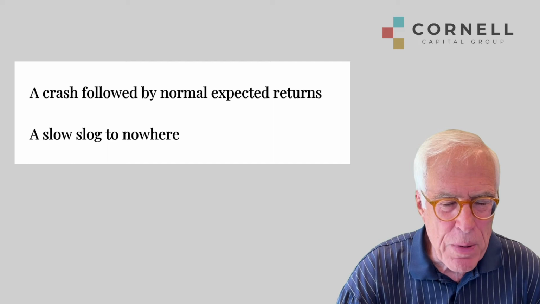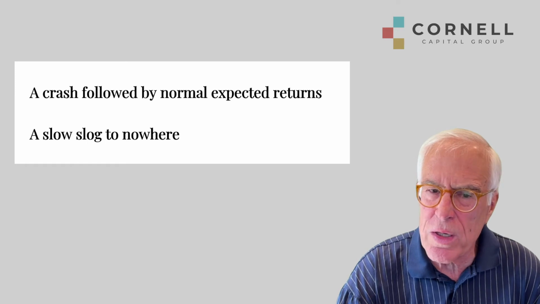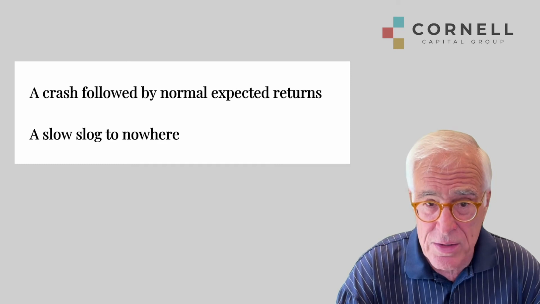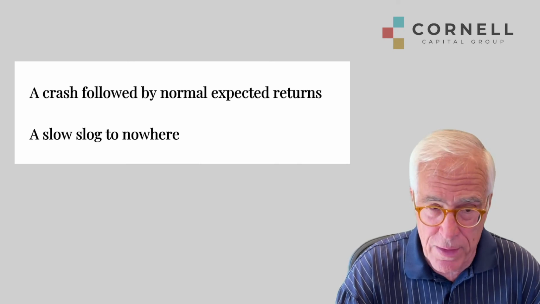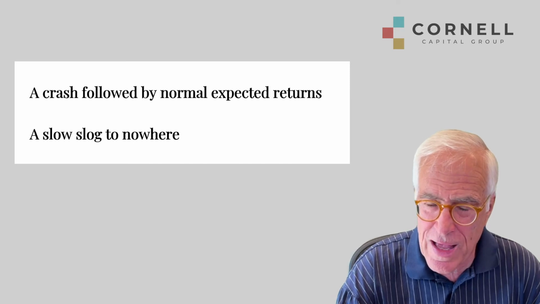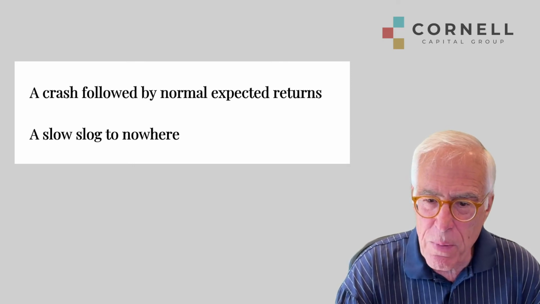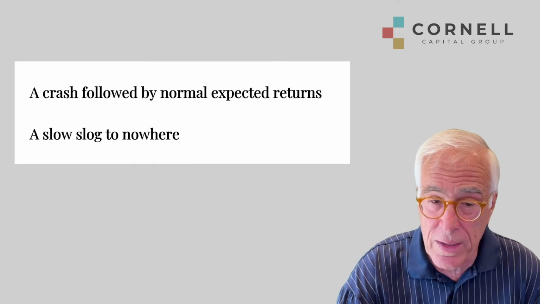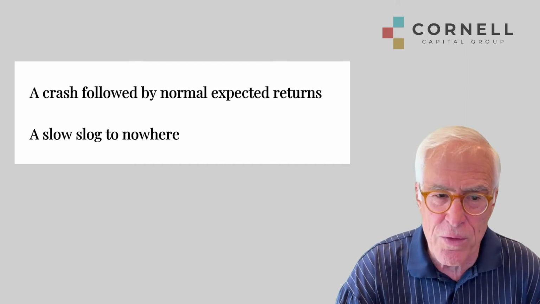But you can see that depending on which of the two you think is going to happen, you may invest very differently. If you're really concerned about a crash in the relatively near future, you're going to want to do things like sell stocks, move to cash, buy put options to insure against the decline, those types of things. However, if you do that and it turns out it's a slow slog to nowhere, then the cash is going to earn even less than the market. And if you buy put options and prices creep up, you're not going to get anything from the put option, so you'll lose money there, and that will reduce the returns even further.